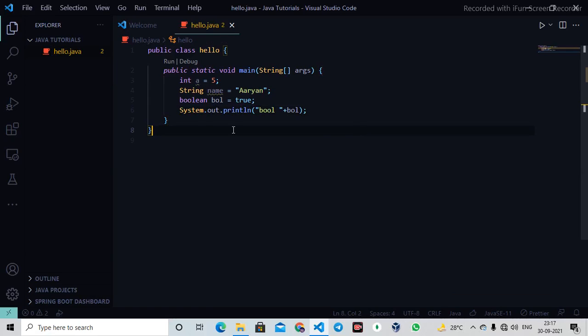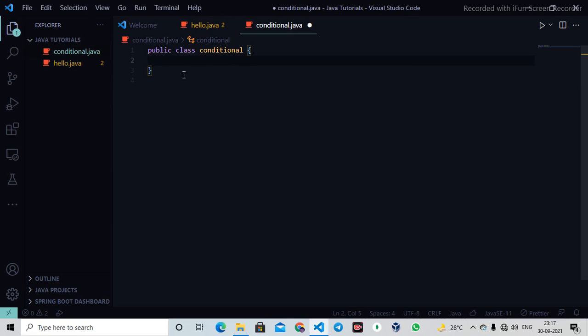Okay, and in this tutorial we are going to see some if-else statements and some mathematical operators. So I will just create a new file, a fresh file, and we'll just call it conditional.java. These are called conditional statements, which means for now just ignore this public class and all those things